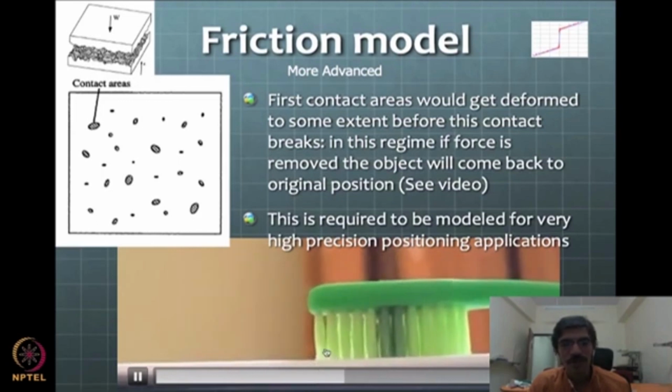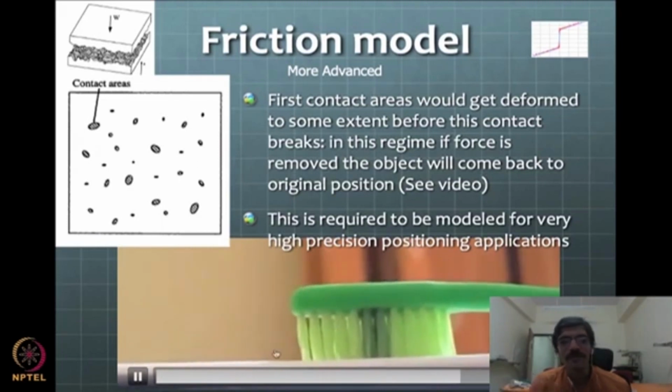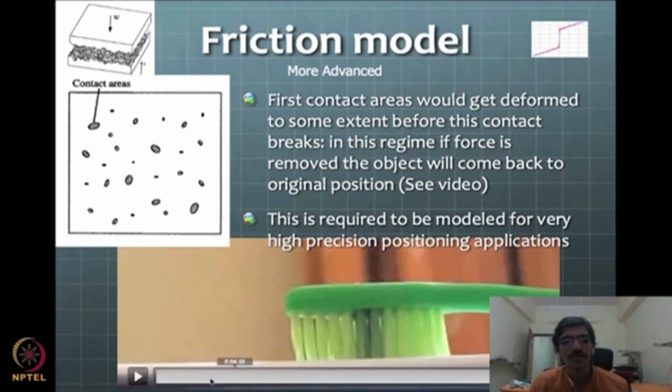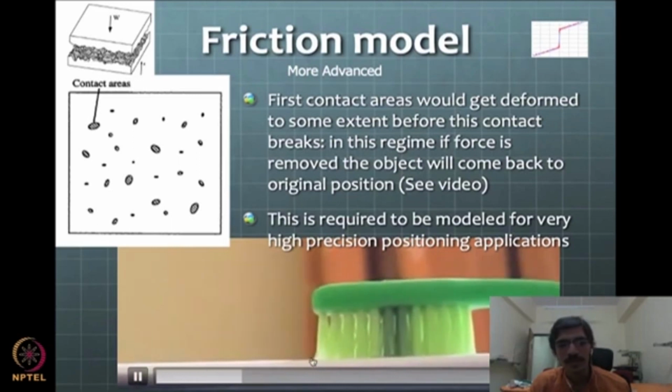Now the direction is reversed, so the bristles are getting deformed in the other direction, and then they start making and breaking contacts on this paper substrate. Okay, so look at this video carefully. It is moving in this one direction here. You can see that there are some bristles which are making and breaking contact up here, and